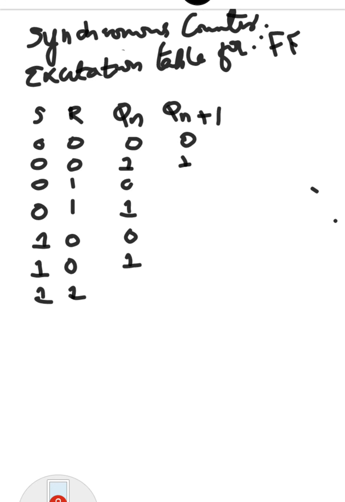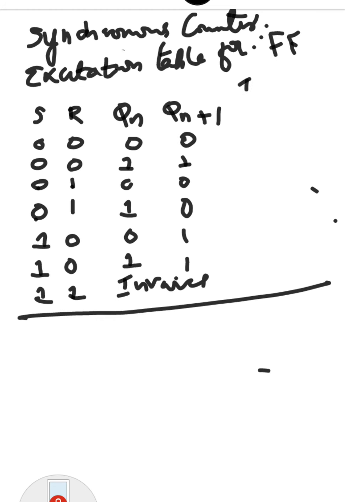So 0 1 condition, here S equal to 0. In an SR flip-flop, we know whenever the value of set input is equal to 0, you don't have to bother about other inputs, always the output is going to be 0. So for these two conditions, S equal to 0, output is equal to 0. Similarly, for S equal to 1, output is going to be 1. We don't have to bother about other inputs. 1 1 condition, we know, this is an invalid condition in SR flip-flop. So this is the truth table